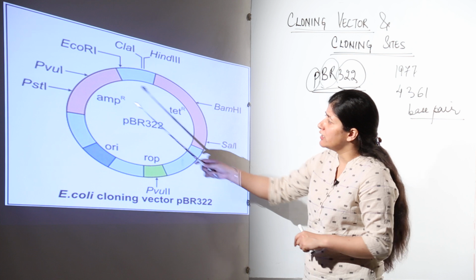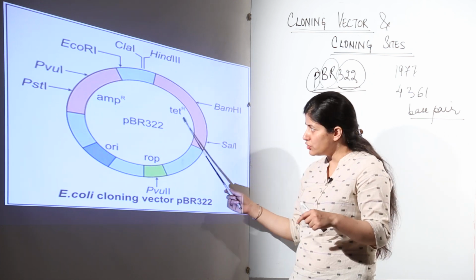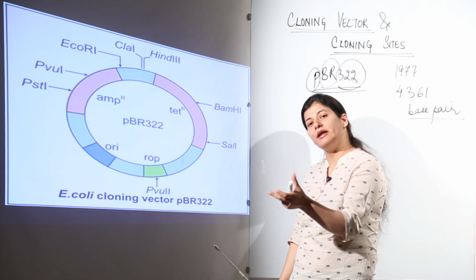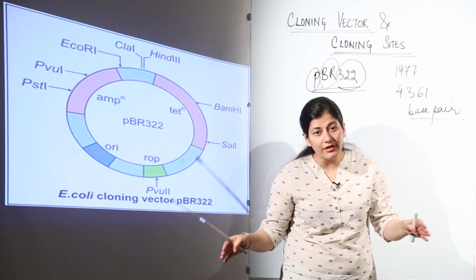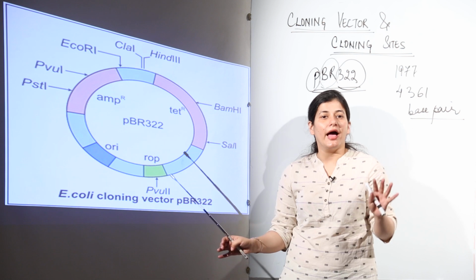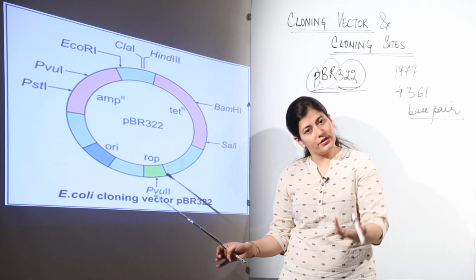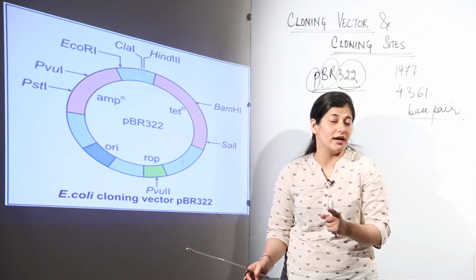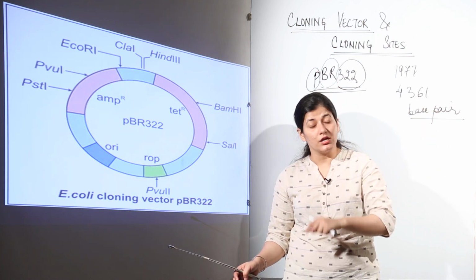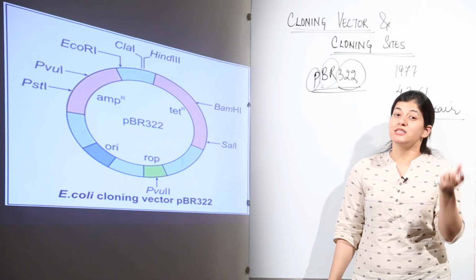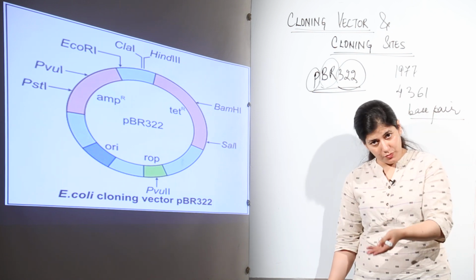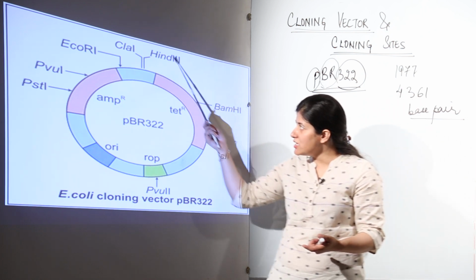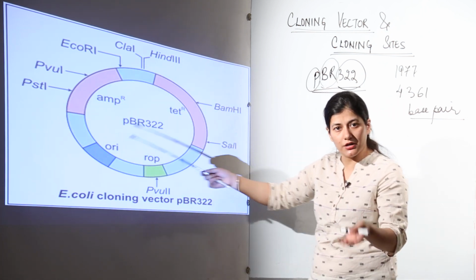Now what you see, this plasmid is having two resistances against antibiotics. When this plasmid enters the E. coli, which is not having any resistance for both of these antibiotics, it is going to show resistance. That means the plasmid had entered the host, and that meant transformation. But whether the plasmid which has transformed the host cell is a recombinant or not could be identified using these restriction sites at our disposal.